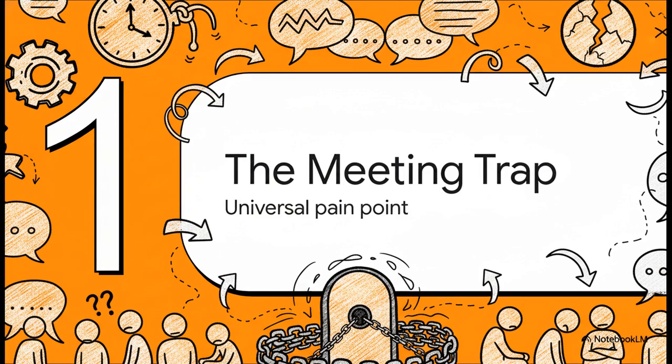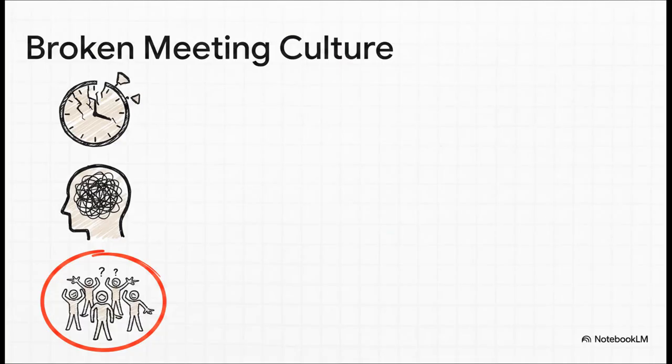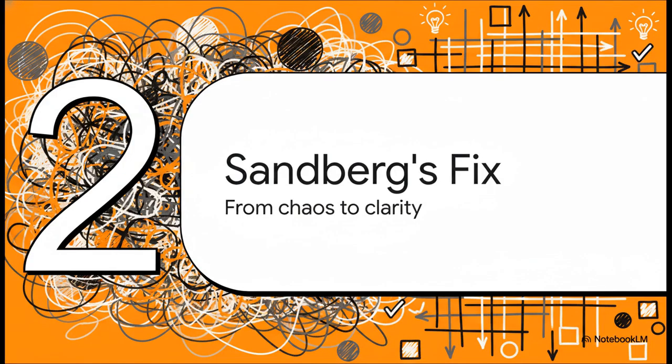bad meetings. We really need to understand why these discussions fail so consistently. You know the symptoms, right? Missed deadlines, widespread confusion, just massive amounts of wasted time. And honestly, why does this happen? Well, it usually boils down to assuming that someone else is handling the follow-up. It's basically the bystander effect, but for corporate tasks. Hours of discussion lead to absolutely zero execution because everyone at the table naturally assumes they're just an observer. So how do we fix it?